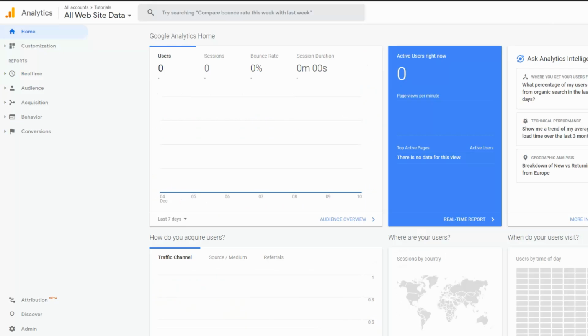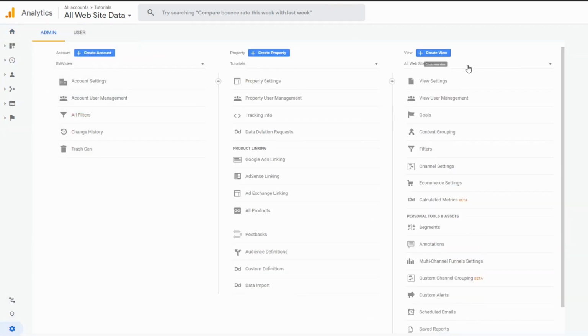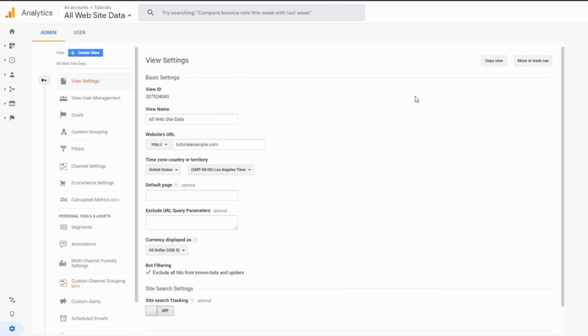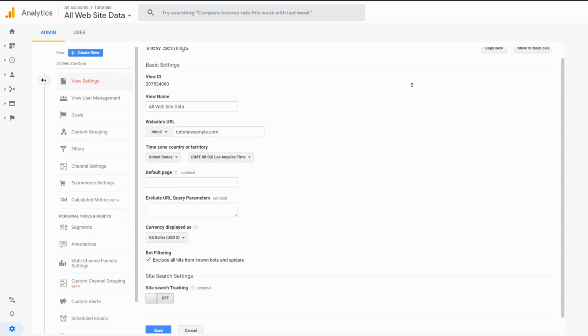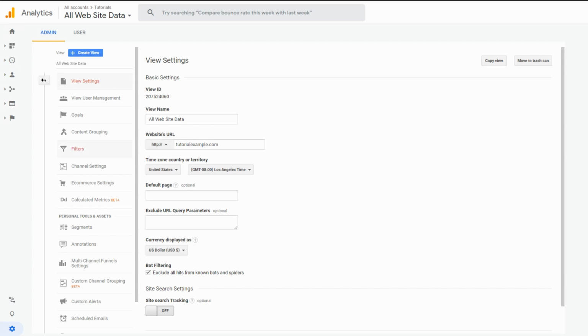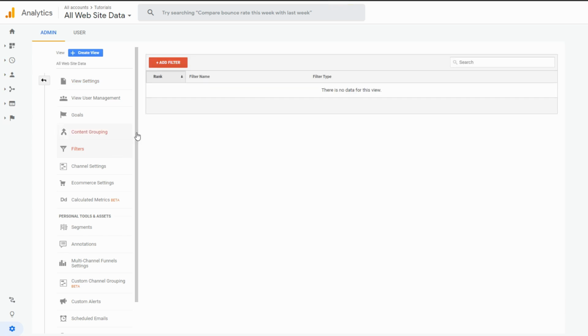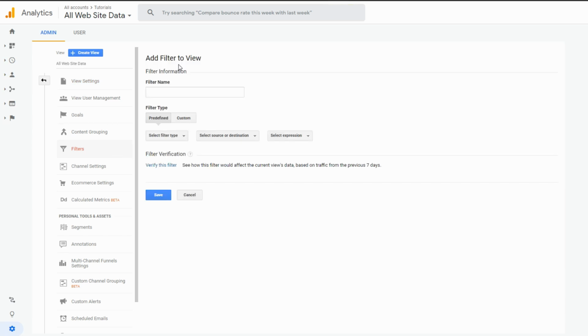Another basic step before you start using the service is to set up reporting views. Views allow you to create exactly the reports you need. You can set as many of them as you want to and customize them to show specific data relevant for you. One such setting is, for example, filtering your IP address to avoid it in statistics. We suppose you don't want your activity to be included in the overall report.